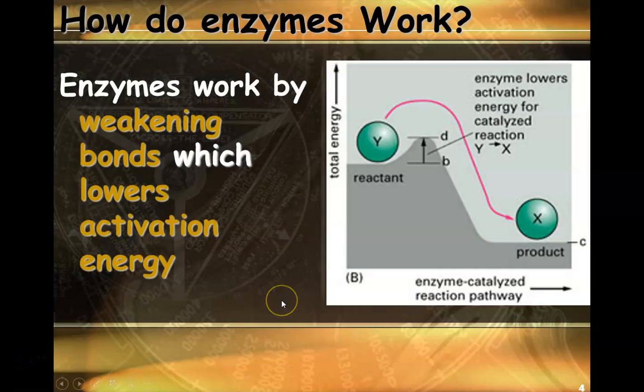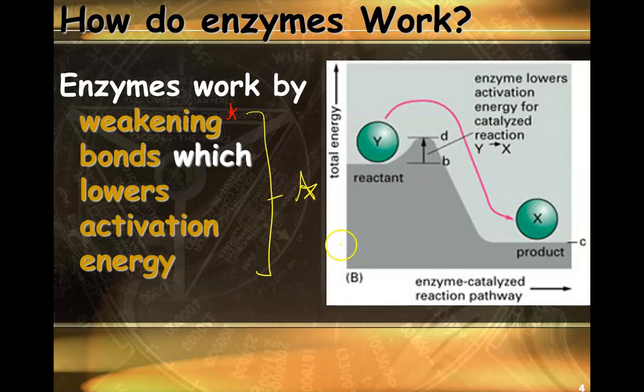So when we think about enzymes working, we mentioned how they help us run reactions. The way they actually do that is when the enzyme is present in whatever reaction is taking place, what's actually happening is it's weakening the bonds. It's making it where it's easier for us to break those chemical bonds and release energy. So in the presence of an enzyme, you need to write this for sure, very important, we're actually going to lower the activation energy. If you think about that word activation, that's like the amount of energy required for us